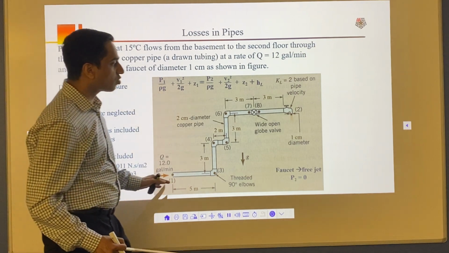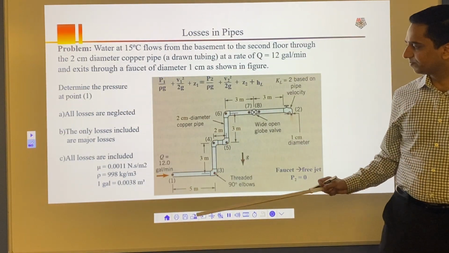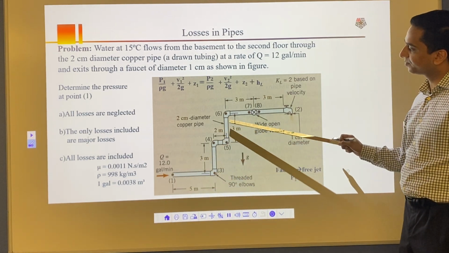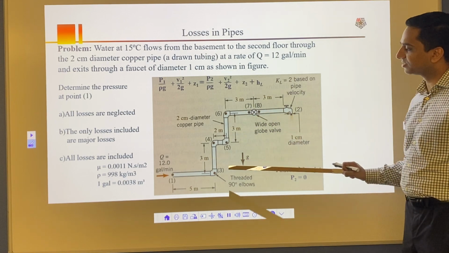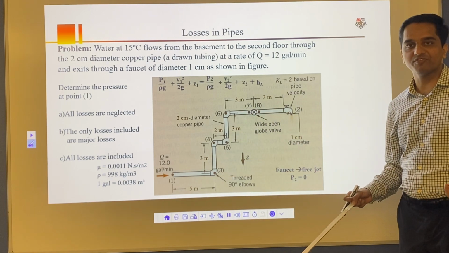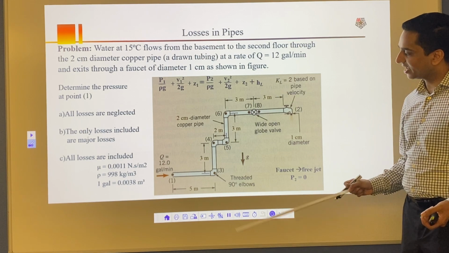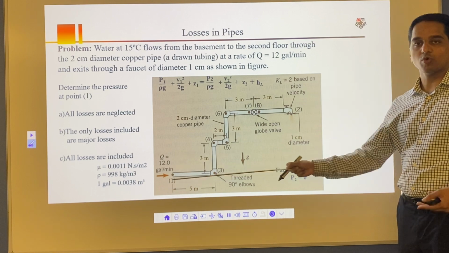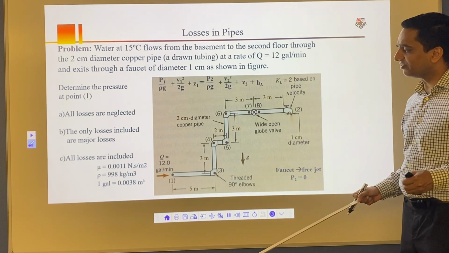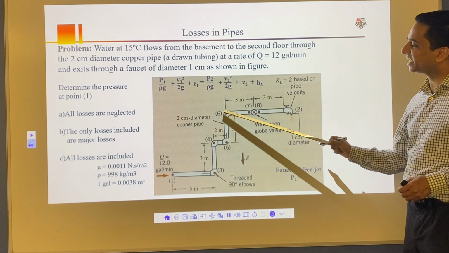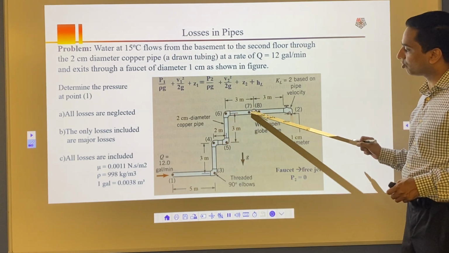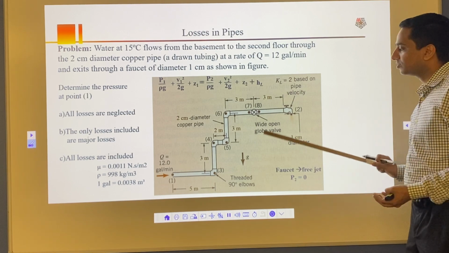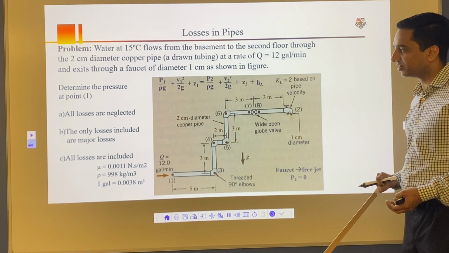So what's going to happen throughout this flow? Initially, this pipe has some length: here 5 meters plus 3 plus 2 plus 3, 3, 3. All that length is going to meet some resistance in the form of friction. In order to reach water here, the pressure at the point should be sufficient to overcome that friction. But not only friction, there is also some kinetic energy loss here, here, here, here, the valve, the faucet. It has to overcome that loss too to get the water pressure here.